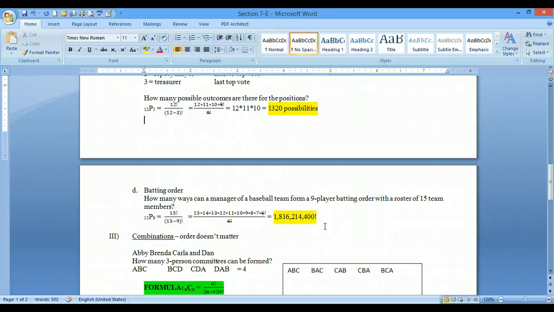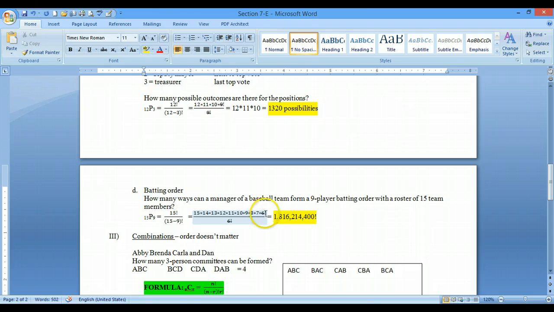Let's talk about batting order. How many ways can a manager of a baseball team form a 9-player batting order with a roster of 15 team members? So the number of people is 15, permutation 9 positions. So I have 15 factorial over 15 minus 9 factorial. 15 minus 9 is 6. So up here I'm going to do 15, 14, 13, 12, 11, 10, 9, 8, 7, 6, and I can